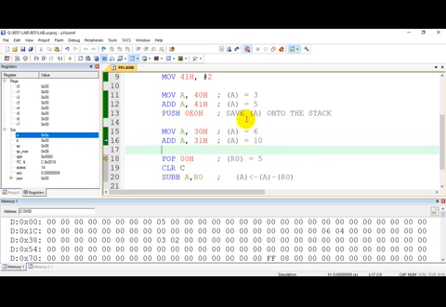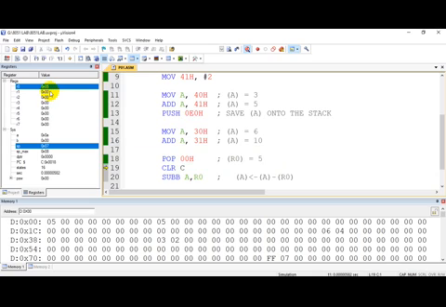Now whatever was the previous sum has to be subtracted from this A. That's why I am popping that result, and I am retrieving that result in register R0. The address of register R0 is 00H. As you can see, R0 now contains nothing, 00. When I retrieve, you can see 05 in R0. You can also see at memory location 00H, 5 has come.